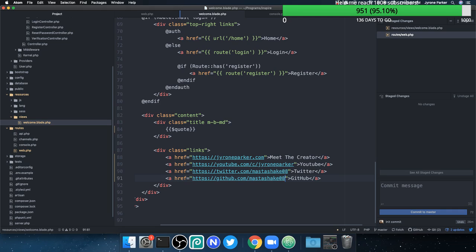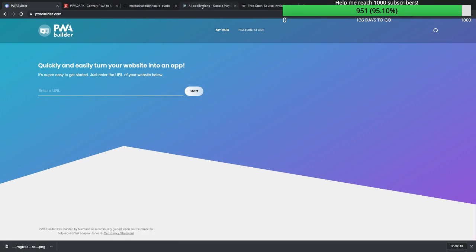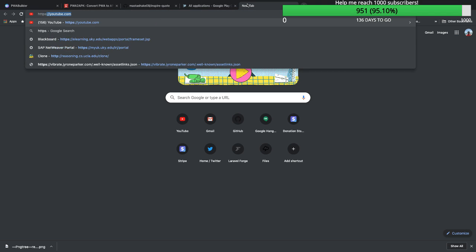All right, so we have this. Now we're going to save and show quote on welcome. Commit to master. We're going to push that. I already have Laravel Forge set up with the continuous integration, so that will pop up in a few minutes. We just head over to https